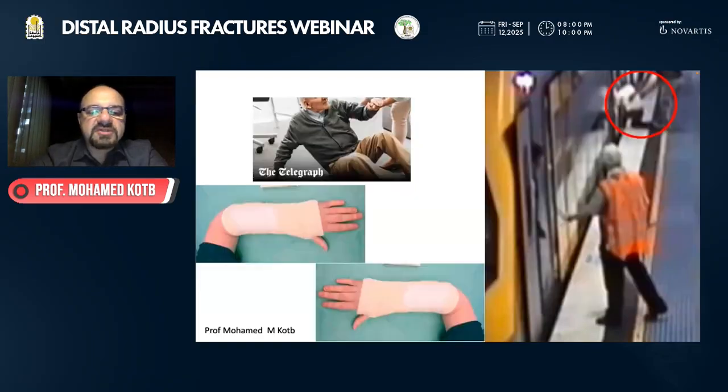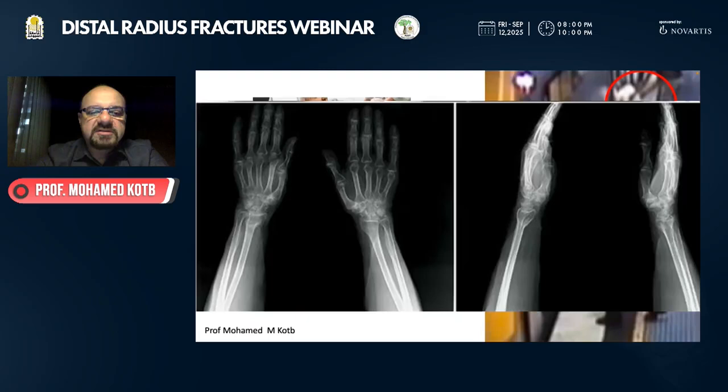She, with the surgeon, decided to do conservative management in bilateral below-elbow plaster casts, and this is the final outcome. As you can see, the alignment is restored, the DRUJ is stable, and the range of motion and the functional outcome were perfect in spite of having